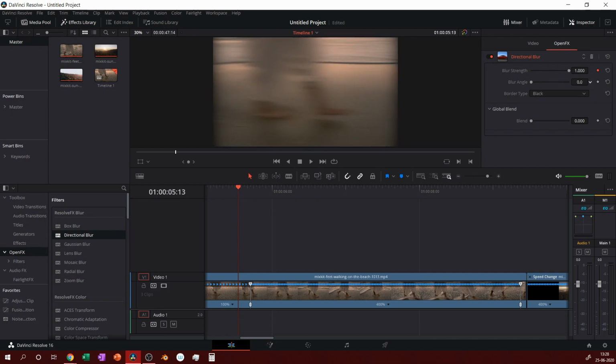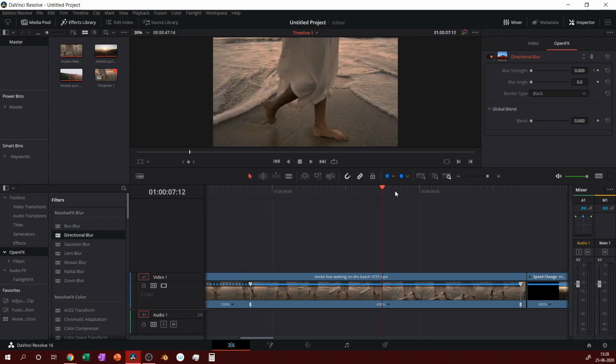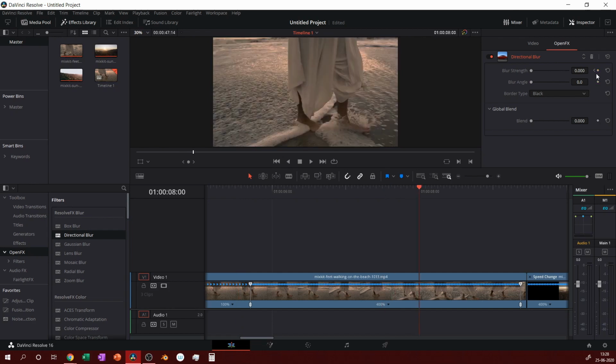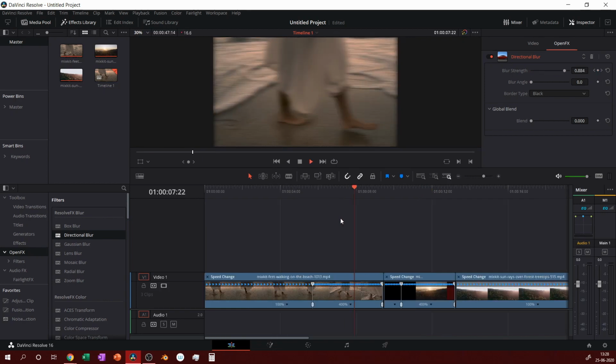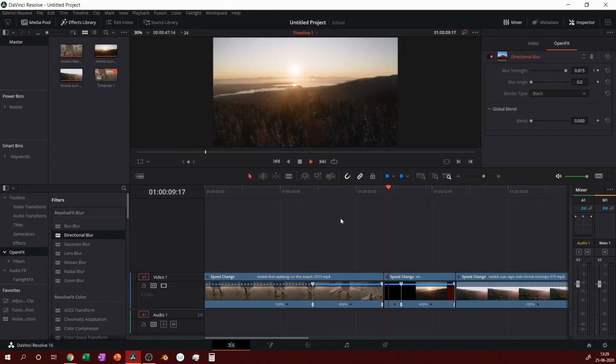Okay, that should do fine. Now let's take this back to 0. And I want it to peak around here. This should be fine. So we click on the keyframe here and take it up. Alright, I think it looks fine.